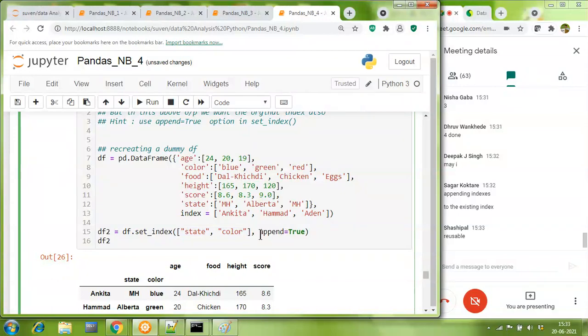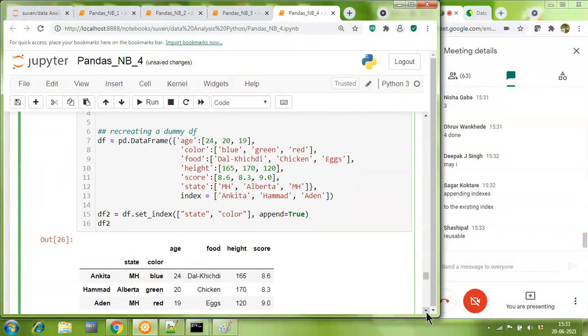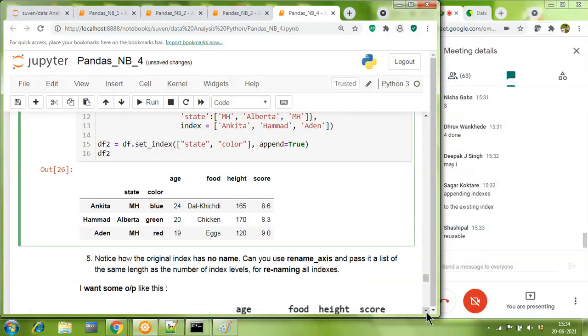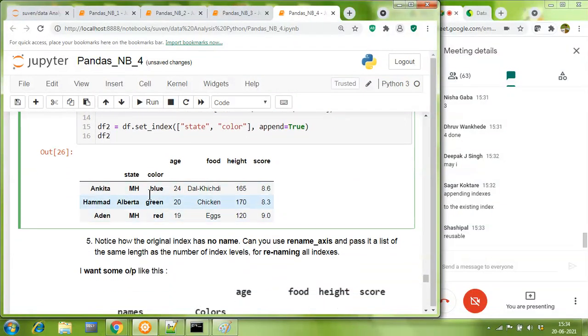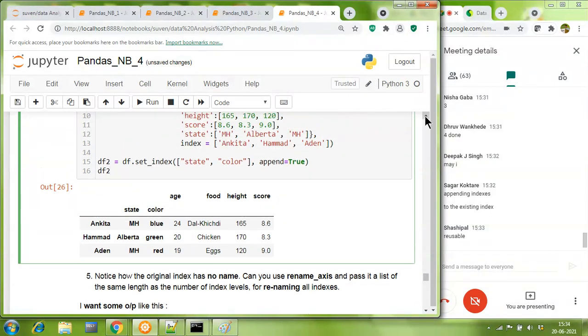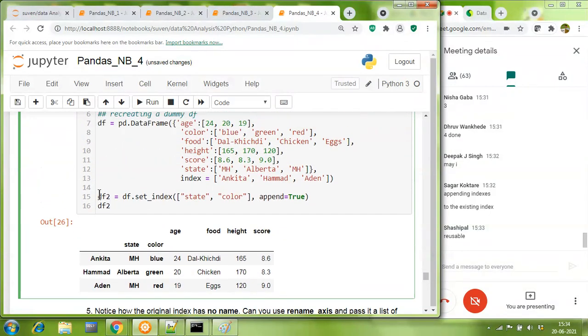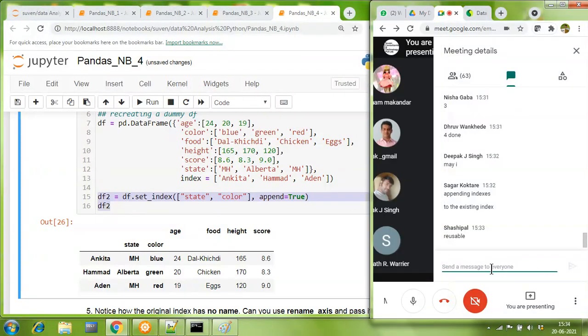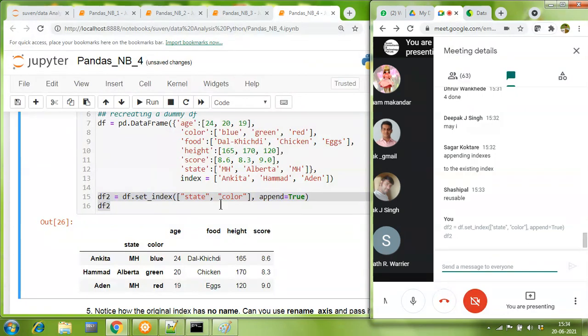So when you say append equal to true, that means जो है वो रहने दो और add कर दो. Okay? And when we ran this code, you can see you're getting the output as was expected. Now, if there is any code missing, then it could be only these two lines of the code that are probably missing. I'm passing it on to that.